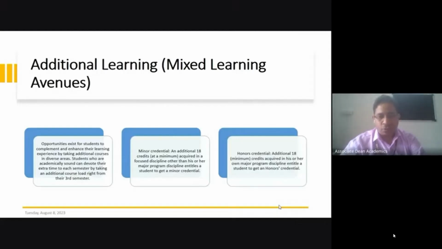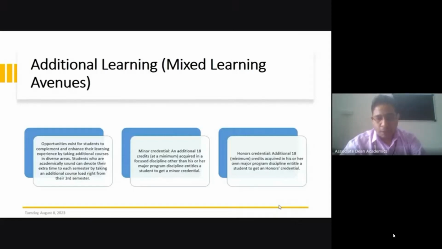So what are the conditions for an honors degree? Other than your 160 credits, which is the minimum requirement for your BTech degree, you have to earn an additional minimum of 18 credits. You have to earn them from the same program where you took admission, particularly from the program elective category.